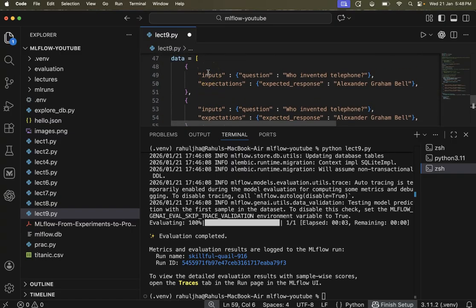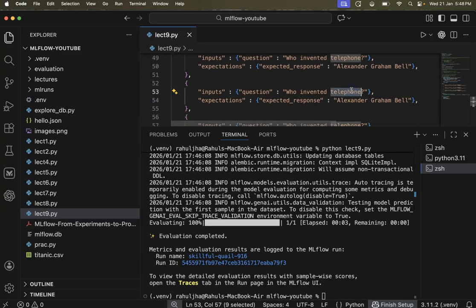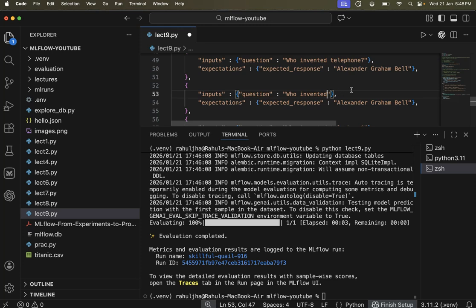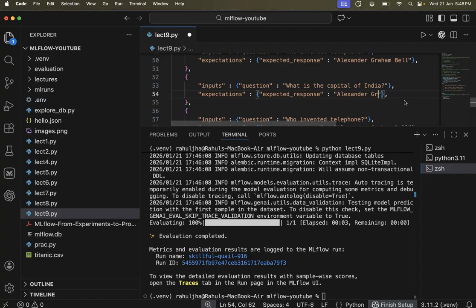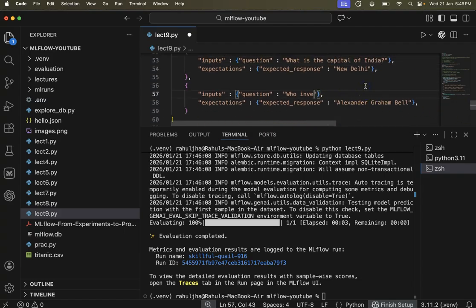Okay, so I have just added three questions here. Maybe the first question is, what is the capital of India? And let's write the answer as New Delhi. And then, which is the oldest university in the world?